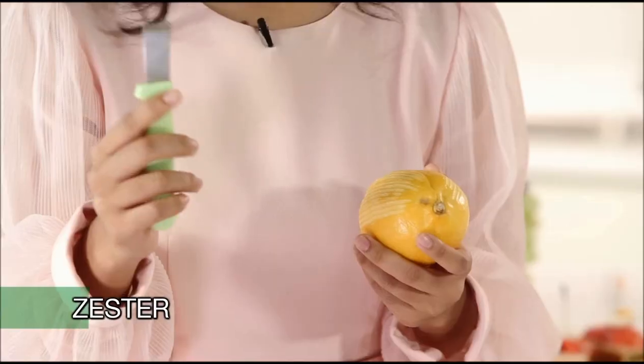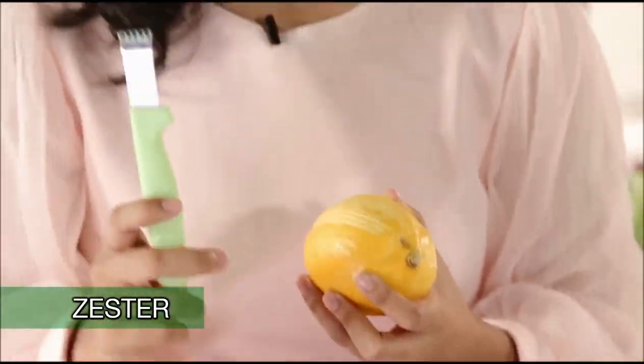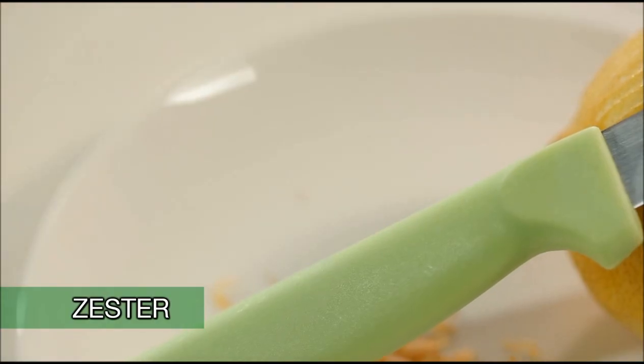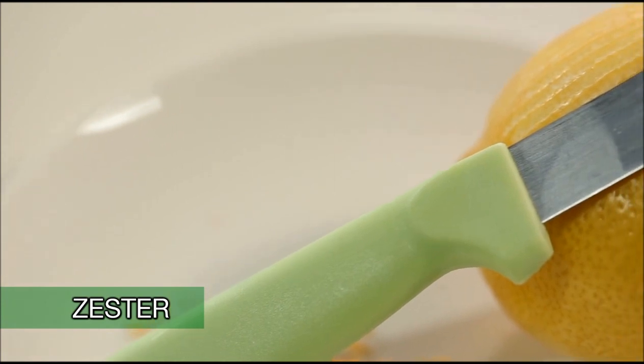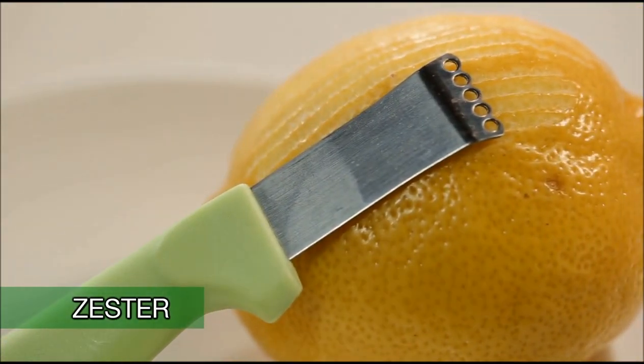And finally, the last word is zester. A zester is a kitchen utensil for removing the zest off of a lemon or other citrus fruit such as oranges and limes. Zesters are available in many types. For example, this one, we have the handle at the one end and the cutting hole at the other end. Not only that, you can find the grating type, but it's up to you. If you don't even have one of those, you can always use a serrated knife. Just pull towards you and you'll get that wonderful zest off the outside of the citrus fruit that you want